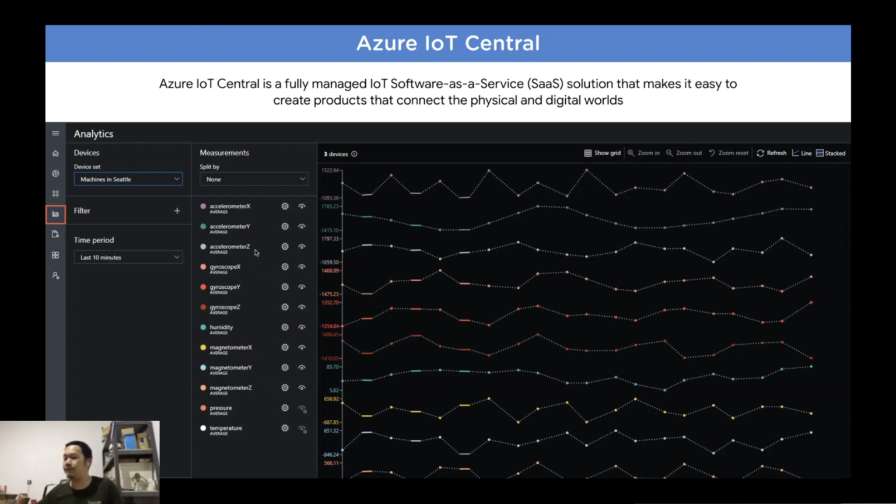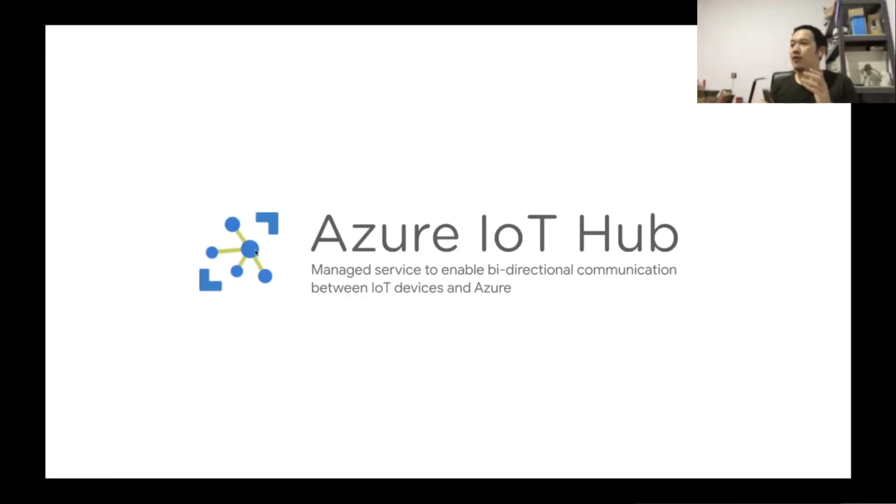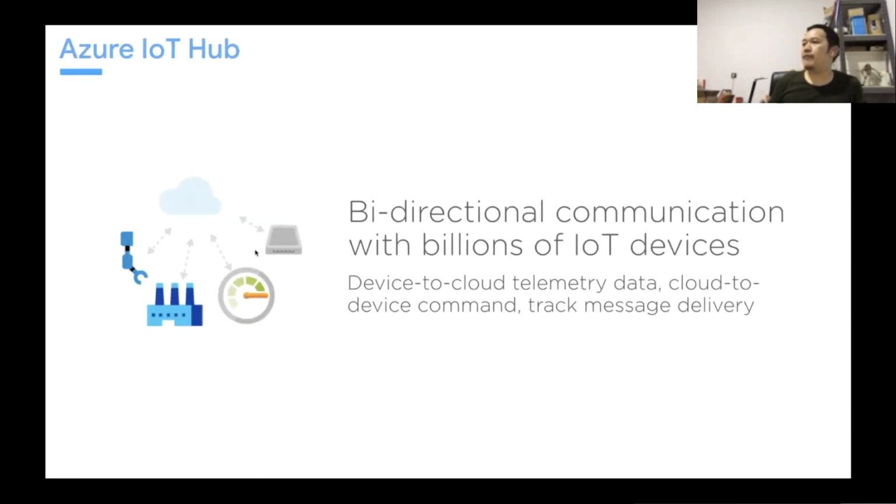Now we focus on the Azure IoT Hub. So what Azure IoT Hub is all about and how we can use it. For example, we can use it as a communication channel, right? So it's a bi-directional communication,